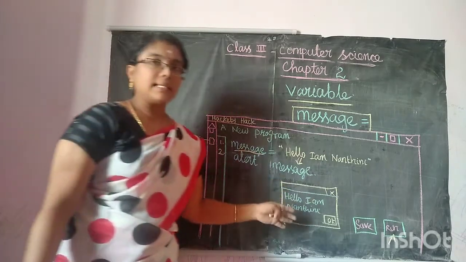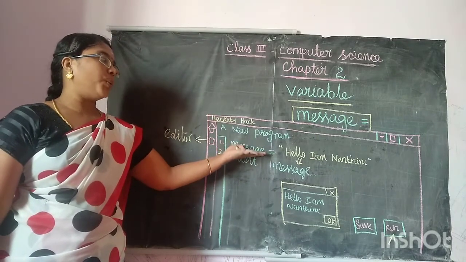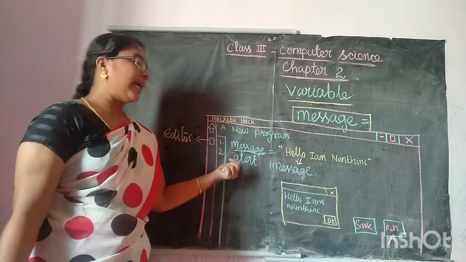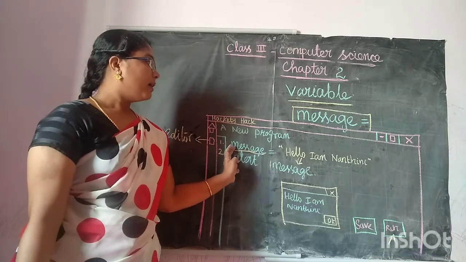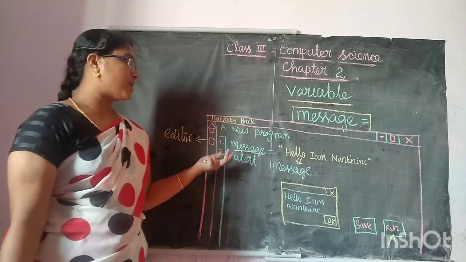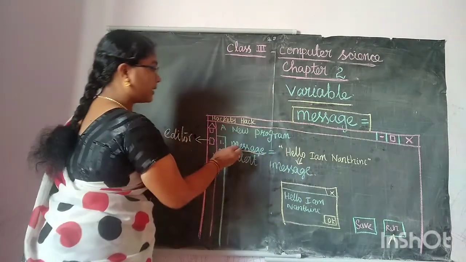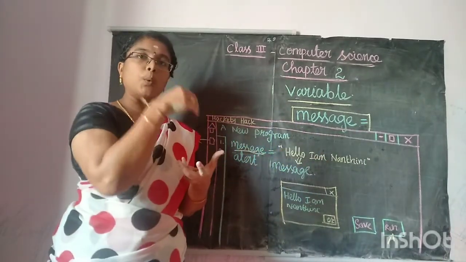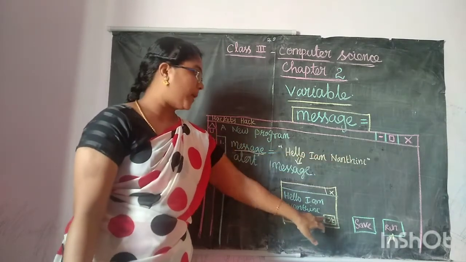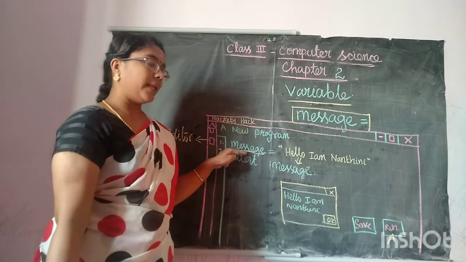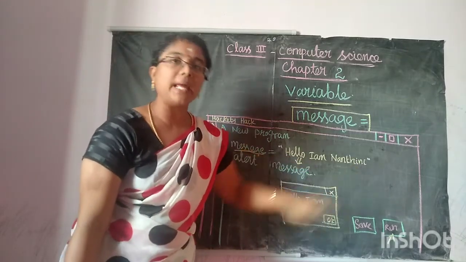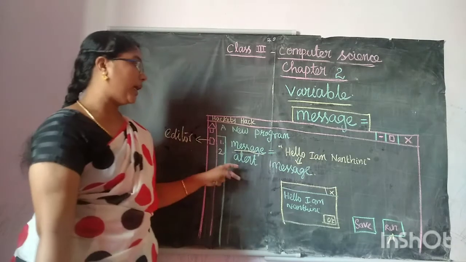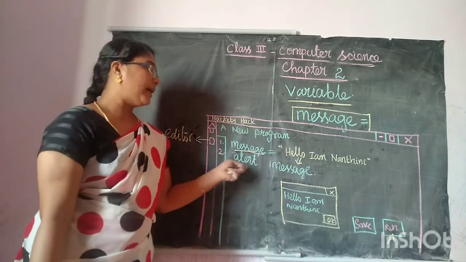Do you understand what I said? Here you write the variable and give equal to, then write the message you want to display. Then you write alert and get the variable. That is why I said a variable is like a box. Just think this is a box, and we put one thing inside the box. The thing is the message you want to display. Here you write message, and here the message you want to display. Then you write alert message.